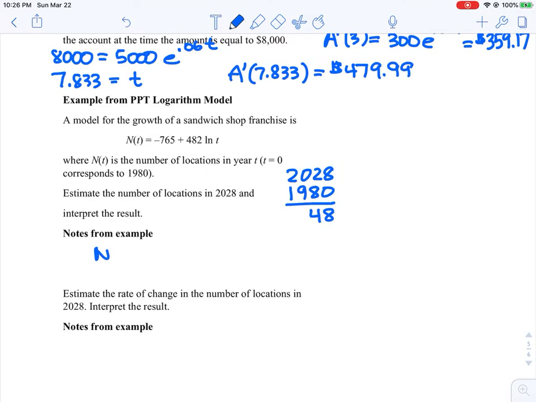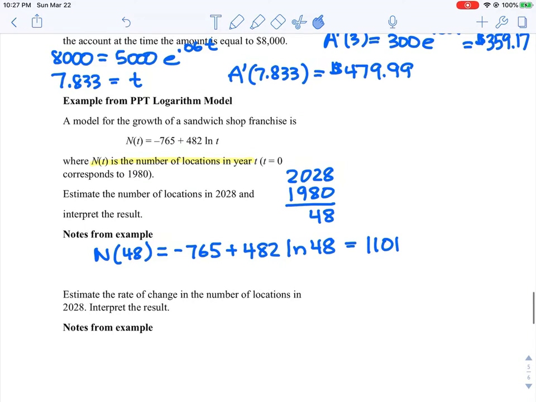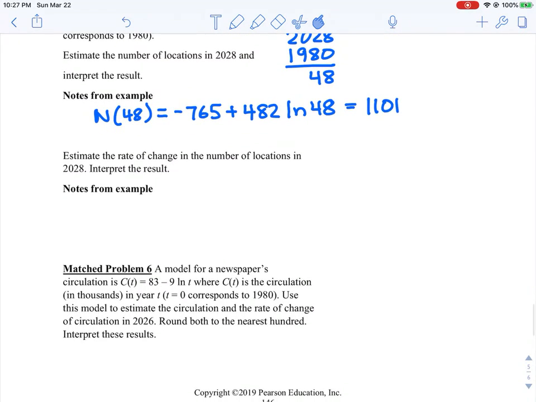So we're going to use the original function because that says N(t) is the number of locations in year t. And we need to estimate the number of locations. So that's our original function. And we put that in, we get approximately 1,101 or 1,100. If we're going to estimate the rate of change, means we're going to take the derivative of